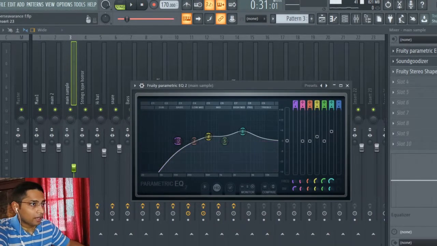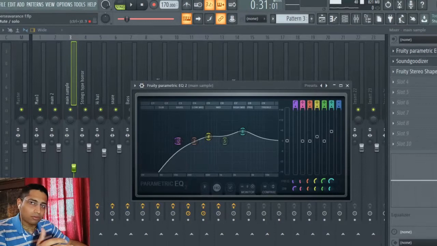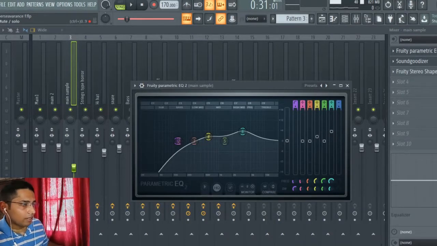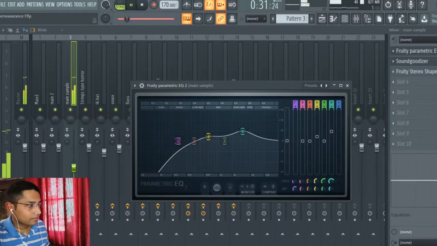I removed some of the low ends and focused more on the high frequencies of this instrument. If I play the sample without it and with it, it sounds like this. With the plugin,